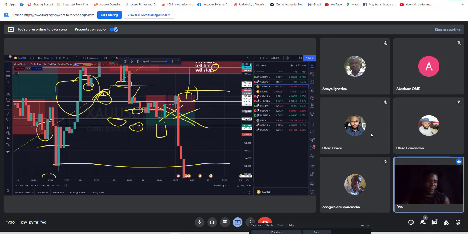Now, coming to what you say, when the market is falling, you see a massively red candle. It means that the sellers are still in the market, bear pressure. It is not the right time to buy. You have to wait until you see, depending on the time frame that you are. Are you in the 1 hour time frame? Are you in the 4 hour time frame? Are you in the 1 day time frame? And this time frame will also give you an idea of what you are expecting when it starts